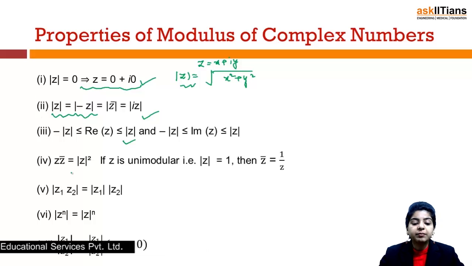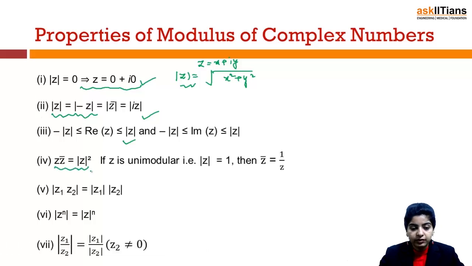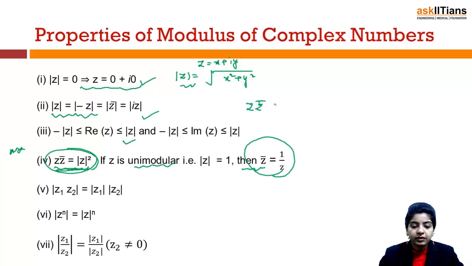Then we have z bar is equal to modulus of z square. This is an important property which is normally used in questions. Then it says if z is unimodular, that means if modulus of z is 1, then z bar will become 1 by z. See, z bar is modulus of z square, and I am saying z is unimodular, that means modulus of z is 1, then z z bar would be 1, and therefore z would become 1 by z bar,